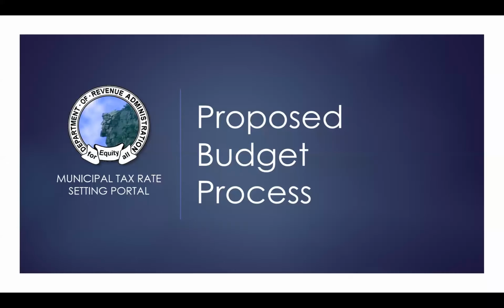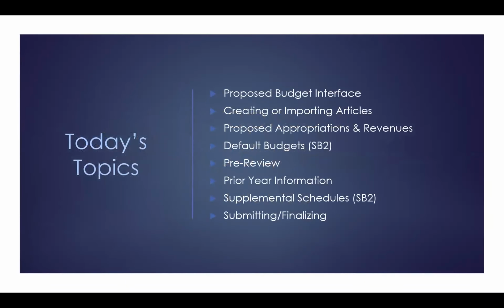Okay, so what we're going to be going over today is the proposed budget process. So I'm going to show you what the interface looks like. We're going to go over creating and importing warrant articles, and then all the warrant article details, so the proposed appropriations and revenues. We'll talk about default budgets, which are something that SB2 communities have. We'll talk about the pre-review process, how to enter your prior year information, the supplemental schedules, which again, that is